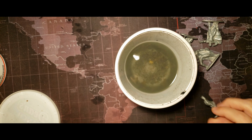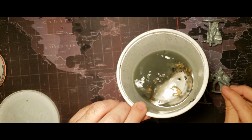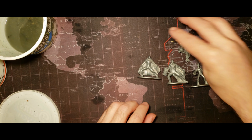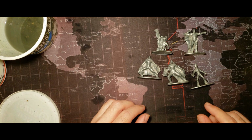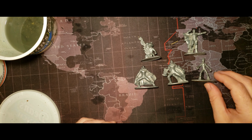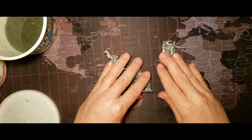Alright, and just like that, we have a bunch of stripped minifigs. We'll get this crap out of here. It volatilized a lot off of it while I was doing this stuff because it took me a lot longer than I thought it was going to, because whatever paint they have on them was dipped and it was thick. So yeah,